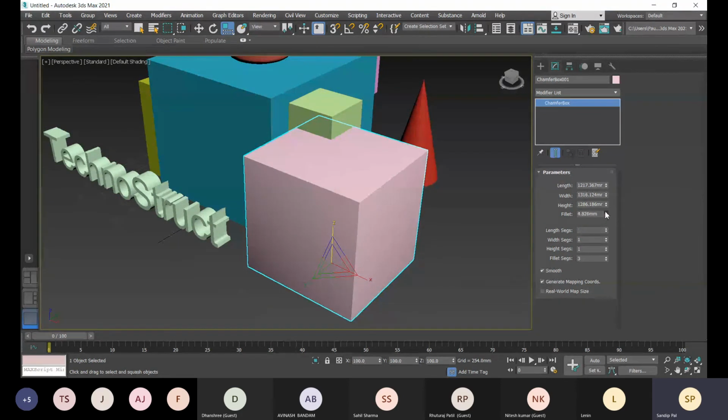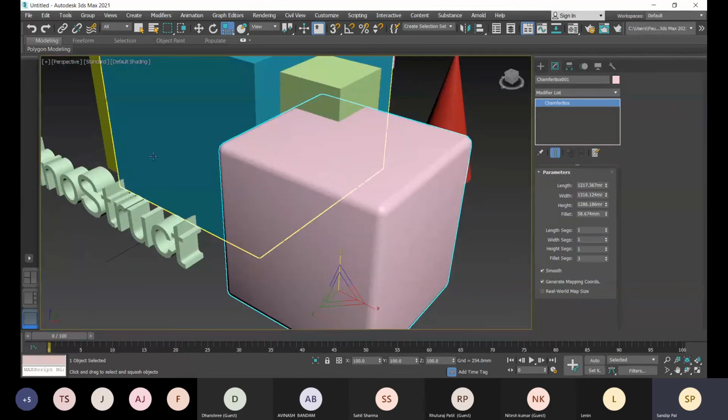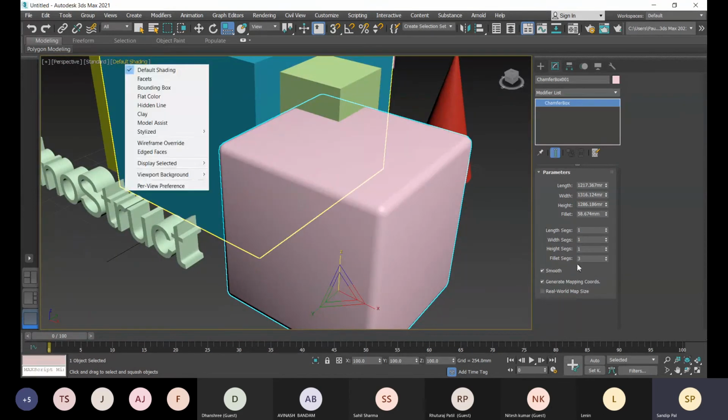If you change the fillet radius, and want more smoothness, you need more edge segments for the curve. You need at least 6 to 12 segments for a better smooth curve.